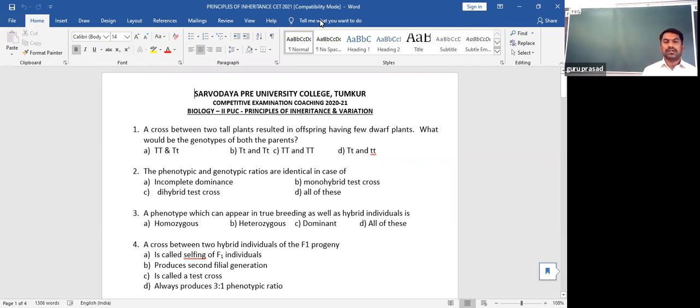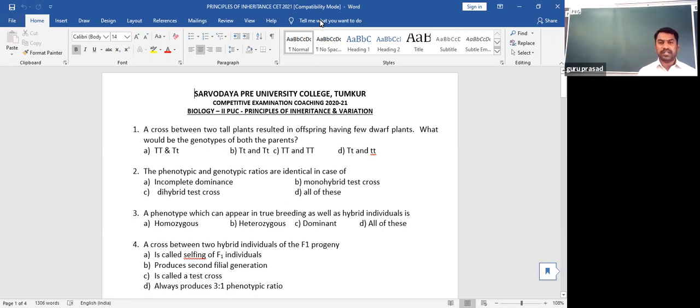Such things are called incomplete dominance, codominance, pleiotropy, polygenic inheritance, and multiple allelism. Such things came to notice, and that is what we call deviations from Mendel. Then you should be familiar with the examples for each of these